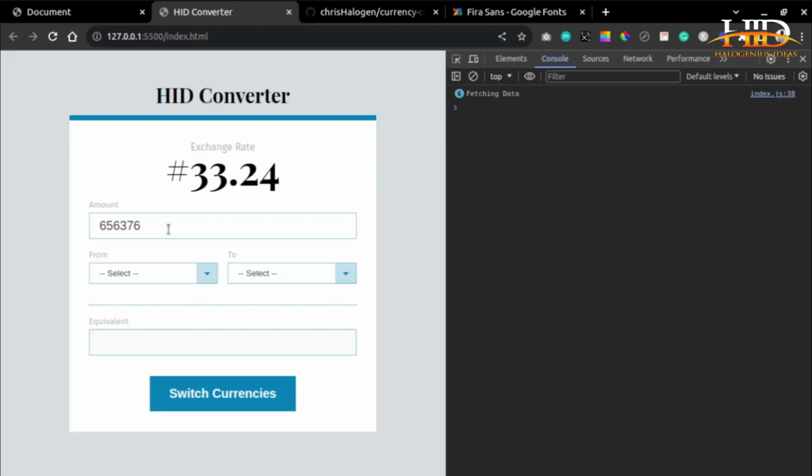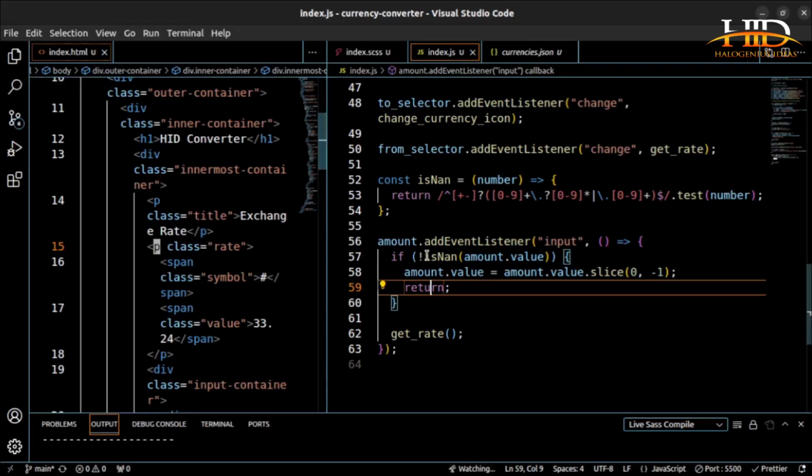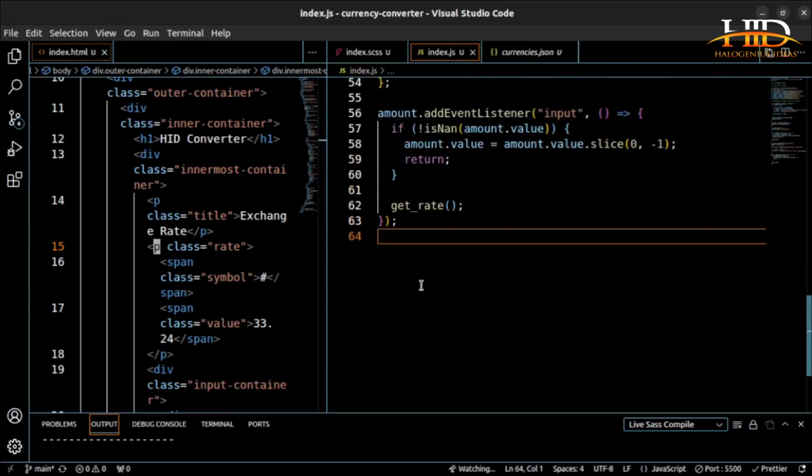But anytime I want to enter an alphabet, you can see even a single period will not enter. So an alphabet cannot enter, only a number can enter. You can see that every time I enter a number, this keeps increasing to show that it is going to fetch the data. So after that, the last function, the last element that we are going to be working on